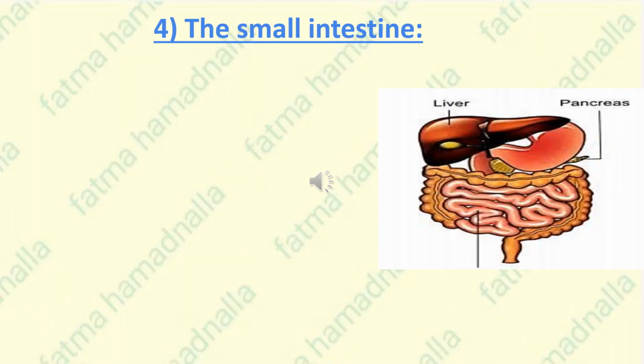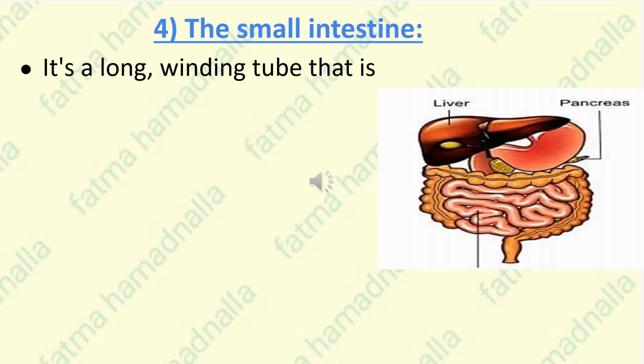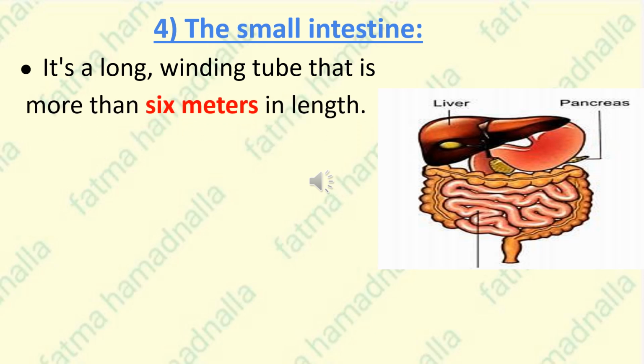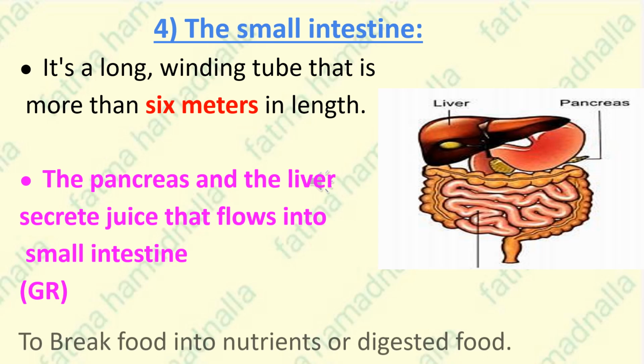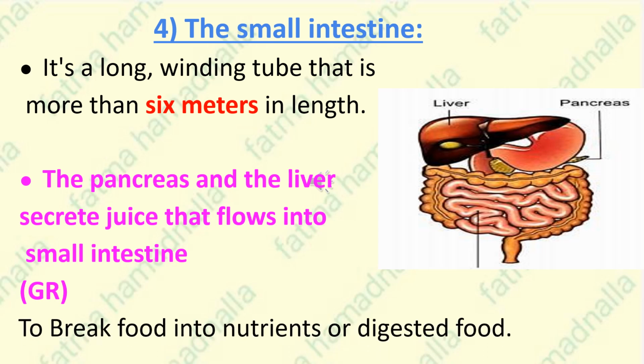The small intestine. It's a long winding tube that is more than 6 meters in length. The pancreas and liver secrete juices that flow into the small intestine. Why? Or give a reason. To break food into nutrients or digested food. Okay. After the small intestine,